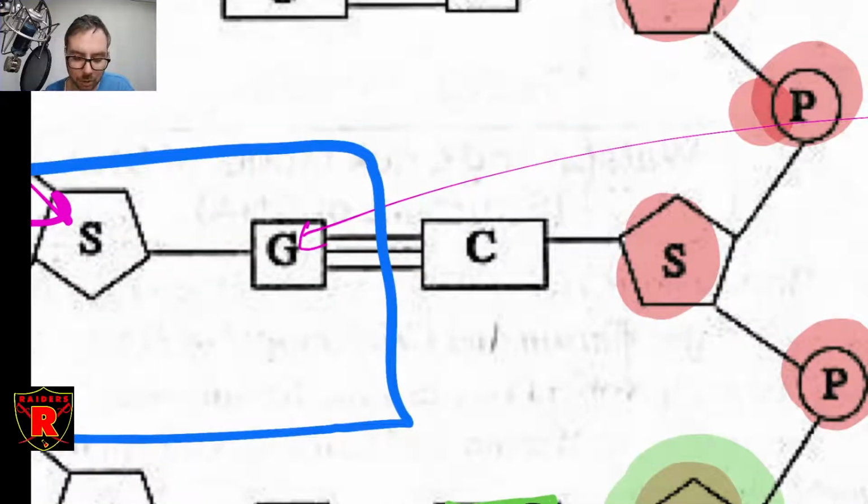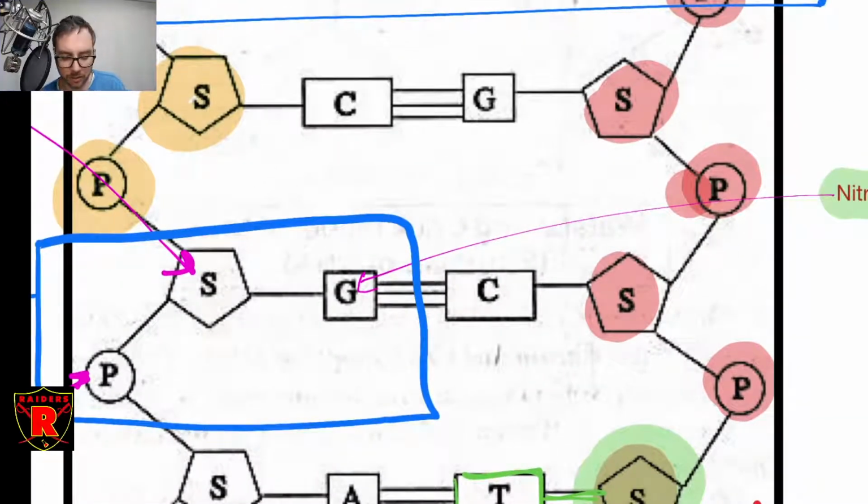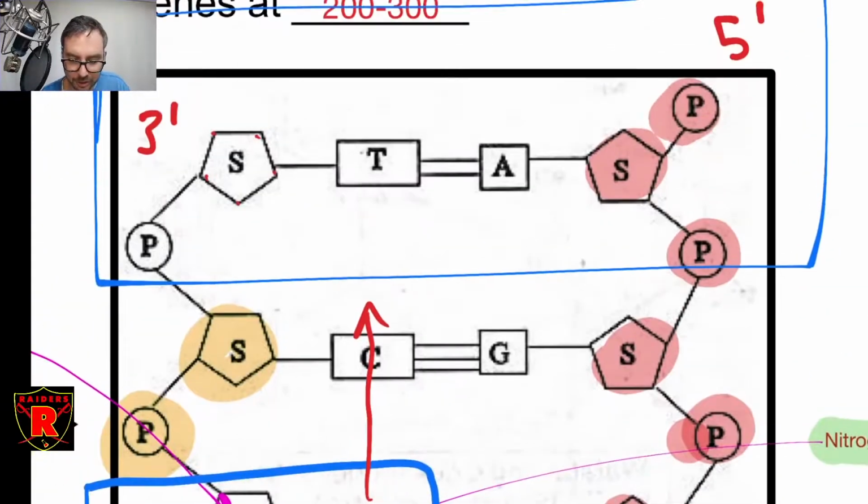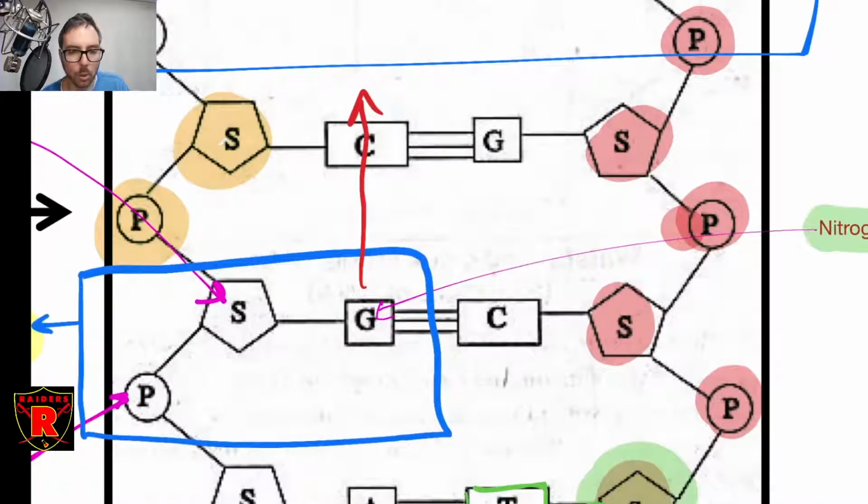Okay, and as I mentioned, you're going to read them along the sugar phosphate backbone. So you'd be reading them in this direction right here. For example, this would be A, G, C, T. That would be like the code that is shown here on this strand of DNA. Okay, and you only read one side. Which side you read, we'll talk more about that later. But it's only one of the sides that's read. The other side is called the complementary strand, which is